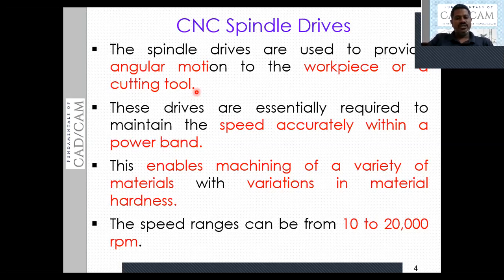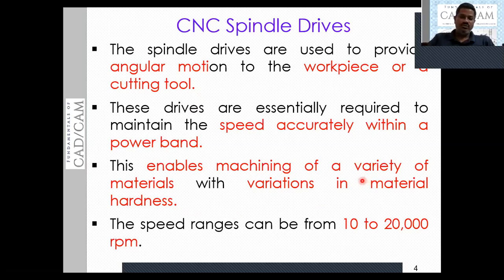So we need to rotate the spindle or the tool at different speeds to get the desired accuracy. It also depends on the hardness of the material. If the material is very hard, we need to rotate at very high speed. So based on the hardness of the material, we need to rotate the workpiece or tool.